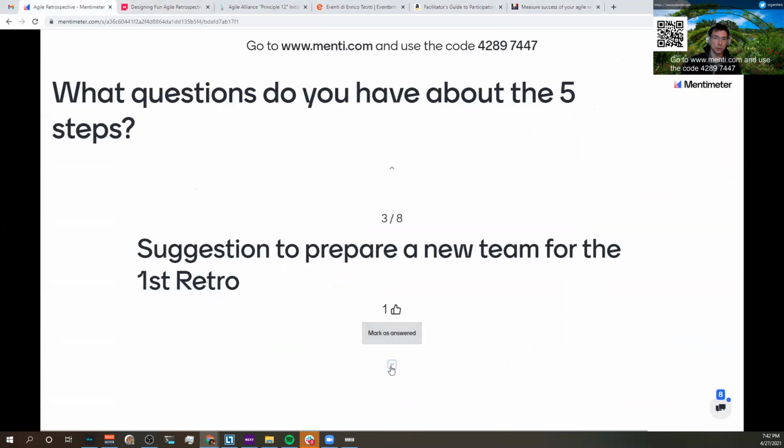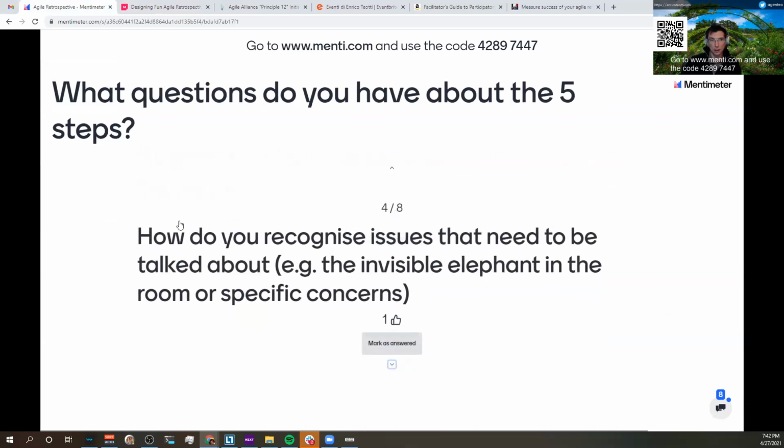Absolutely, yeah. Starting simple and checking in with them. So next up, how do we organize issues that need to be talked about? Invisible elephants in the room or specific concerns. Yeah, I mean, I think